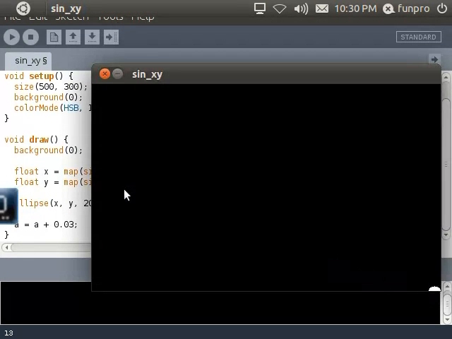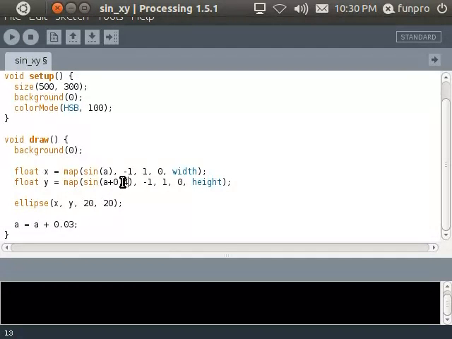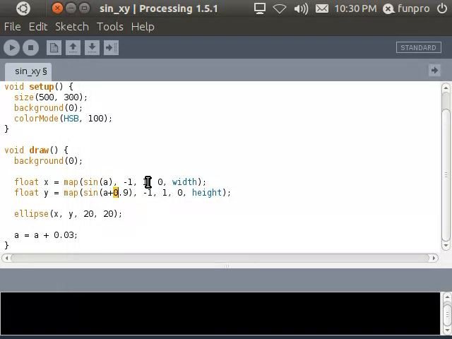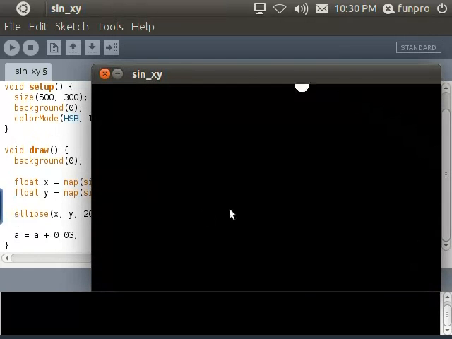But as I increase this value, you can see it's now an ellipse. And I type here now 0.9. It's getting more and more circular. If I type 1.5, what now we're getting is a motion that looks quite as a circle going around the